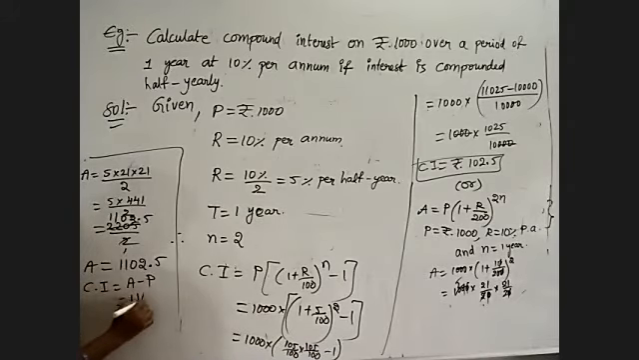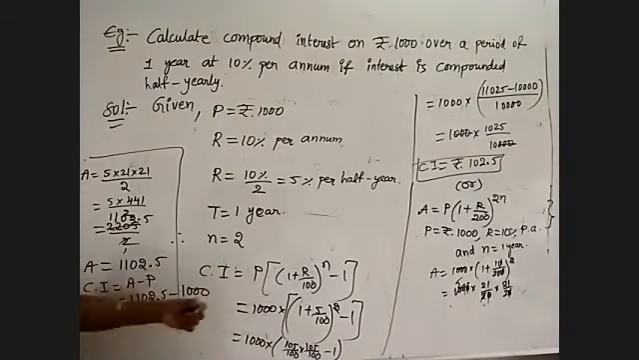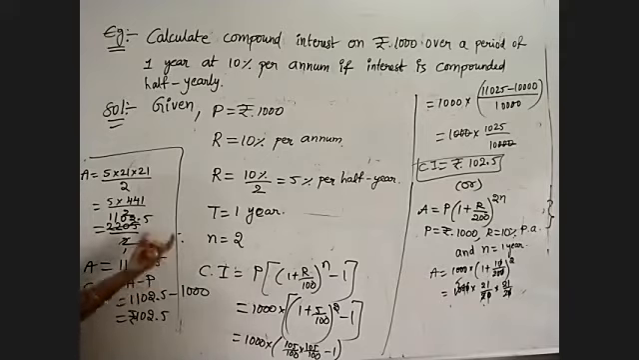Amount is 1102.5 minus principal is 1000. So how much am I getting? 102.5 rupees as interest. See, even with this formula also, we are getting the same